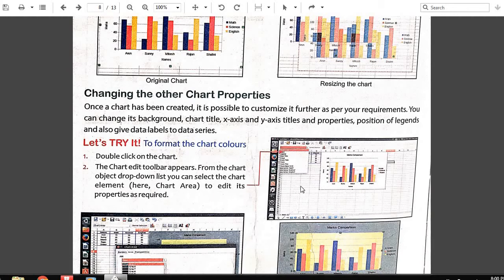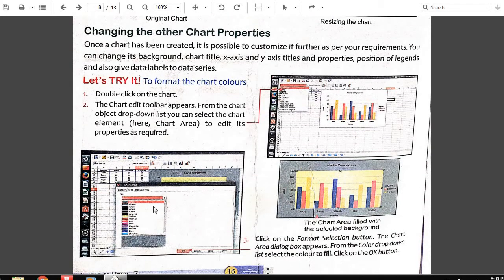So double click on the chart. Every time you double click, the chart edit toolbar will open. Here we will select chart area because we are going to change the color of the area. First we select chart area to edit different properties. Now you can see different options here.